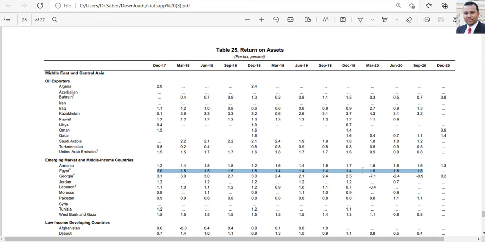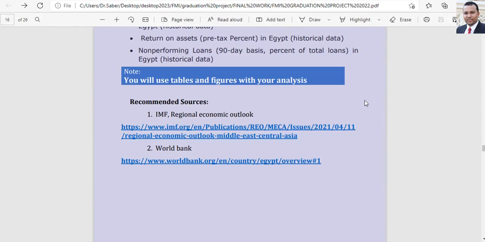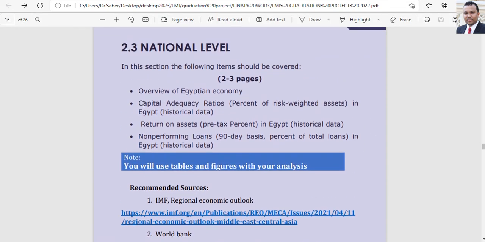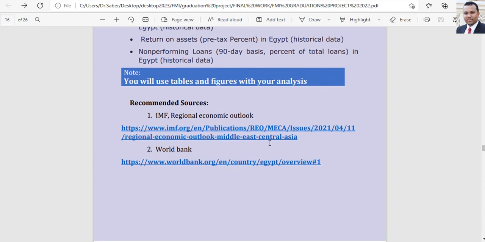Okay, this is the return on assets. So all available or required data like capital, like return on assets, like non-performing loans, available in this report,